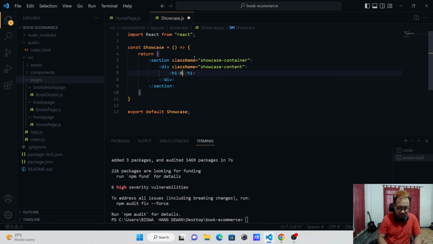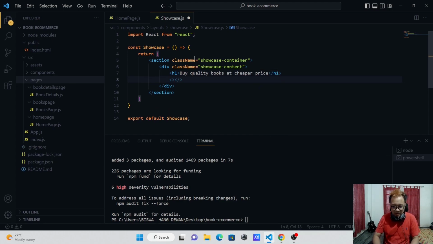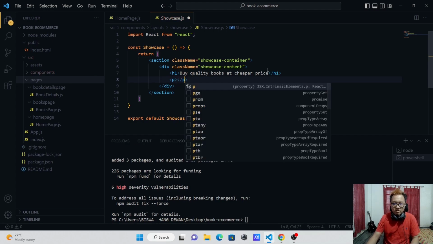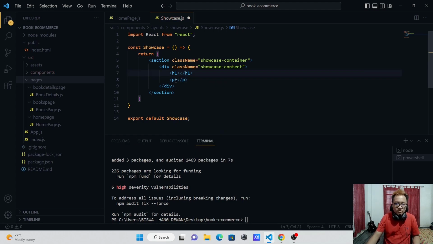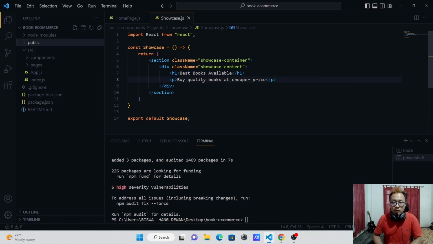Okay, so I'm just gonna add buy quality books at cheaper price. You know what, I think it's good to add it inside a paragraph tag. And here I'm going to say best books available. I think that works. And now we need to bring the CSS, but the first thing is I think I